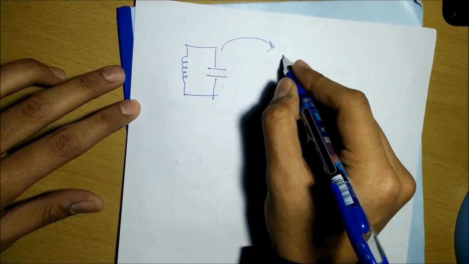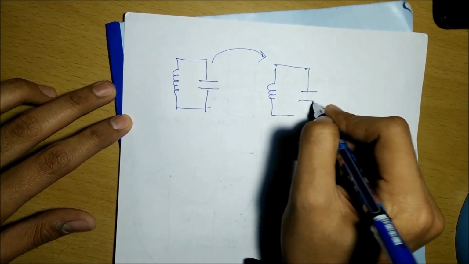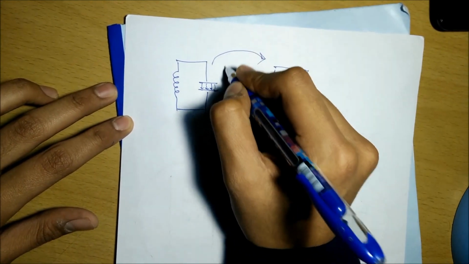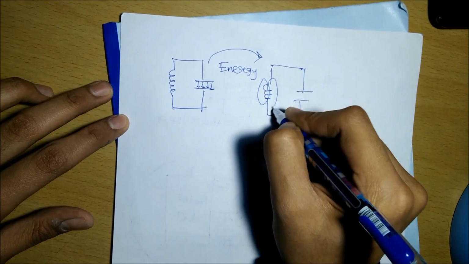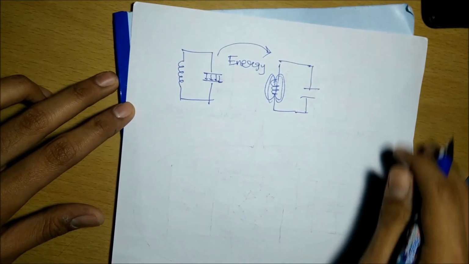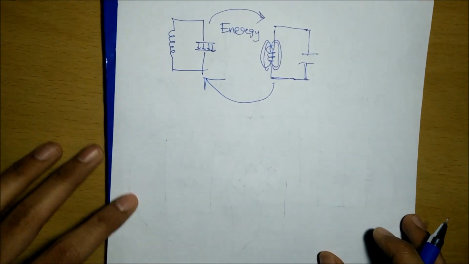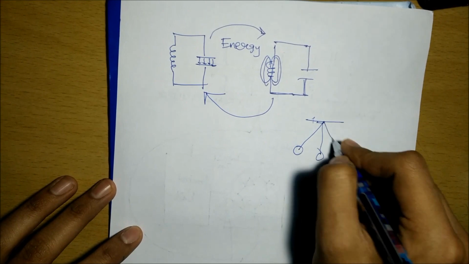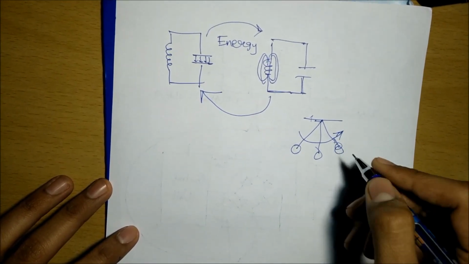How does the LC circuit produce a wave? Initially, the capacitor gets charged up. As the capacitor discharges, current in the circuit increases, and the energy of the capacitor gets transferred to the inductor. When the capacitor gets discharged, the current in the circuit starts charging it up, and the energy gets transferred back to the capacitor. This cycle continues on, and it is termed as LC oscillation. Due to accelerating charged particles, these oscillations produce EM waves.